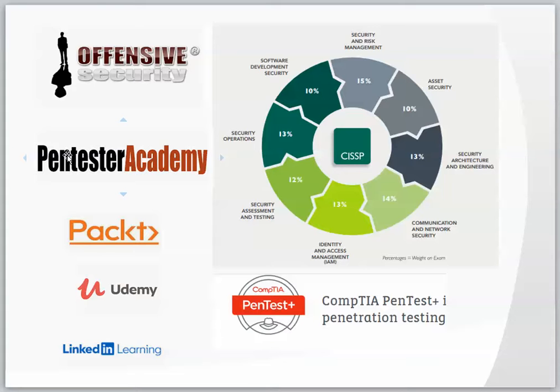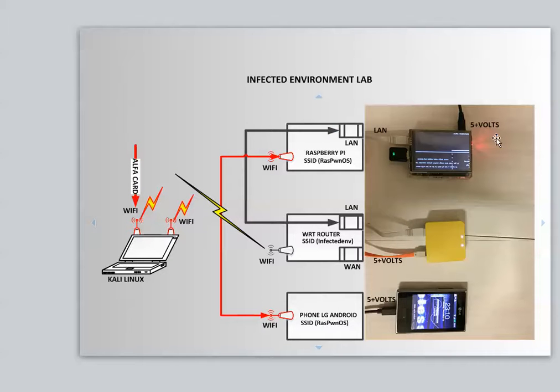I've built a lab which we'll be using throughout this course. The lab has a Raspberry Pi, a router, and a phone because we are doing Android or iOS attacks. The Raspberry Pi gives us the Raspbian Pawn OS as the entry into attacking, using the ARF card here. I'll show you the ARF card which you need to buy and use.